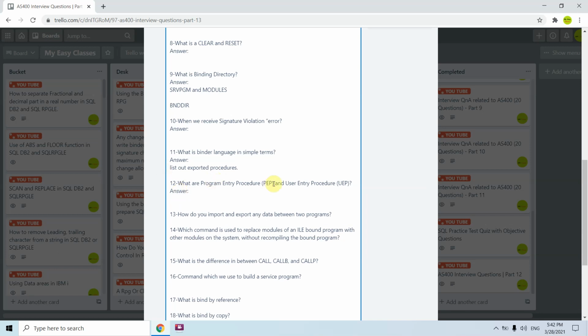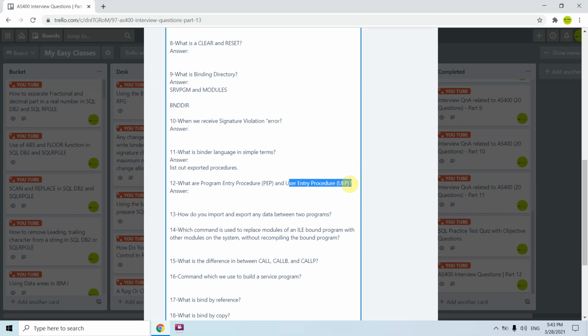What are program entry procedures and user entry procedures? We have seen two things, PEP and UEP. PEP is basically, for example, in ILE I am creating a program out of many modules. We have two modules and I'm creating a program based on those two modules.